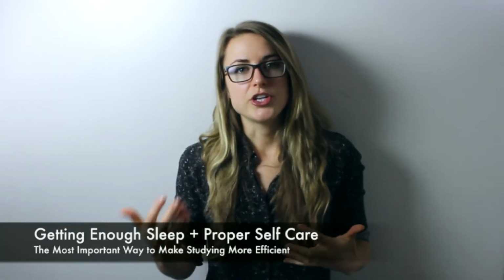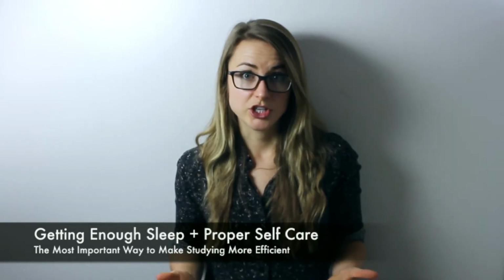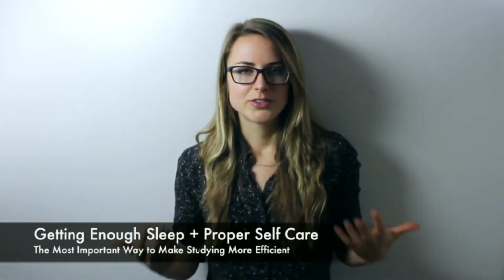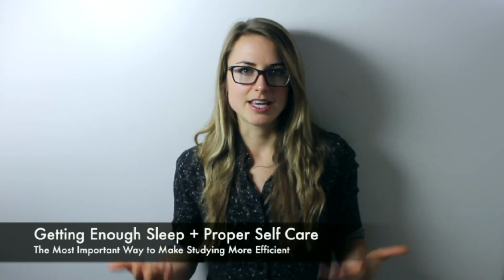In addition, you should be ensuring you get enough physical activity. Physical activity has been associated with improved memory and cognition in adults as well as children. And you should also be making sure that you're eating properly, socializing, and participating in extracurricular activities. All these things are going to decrease your stress levels, making it easier for you to keep a positive mindset